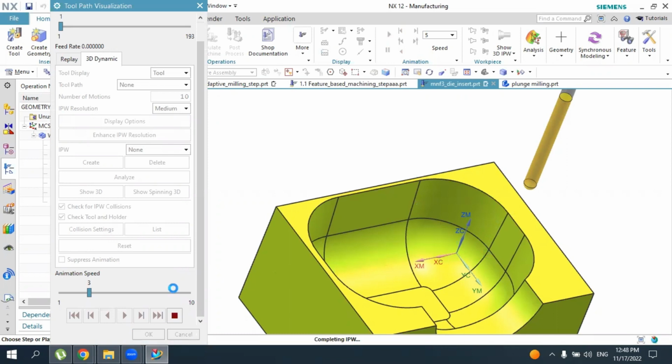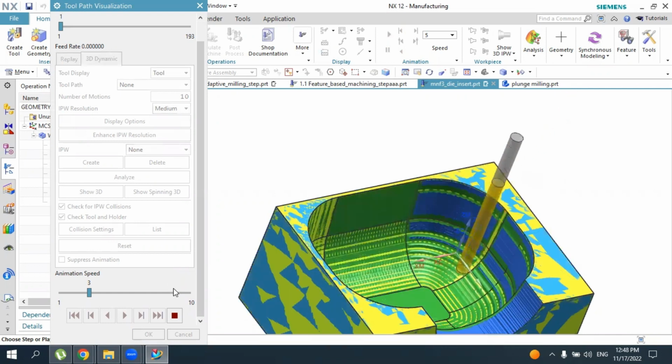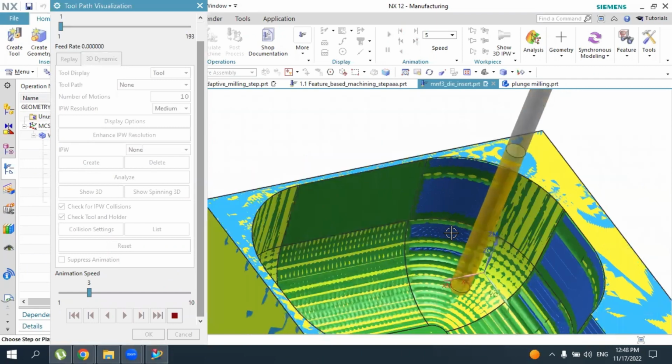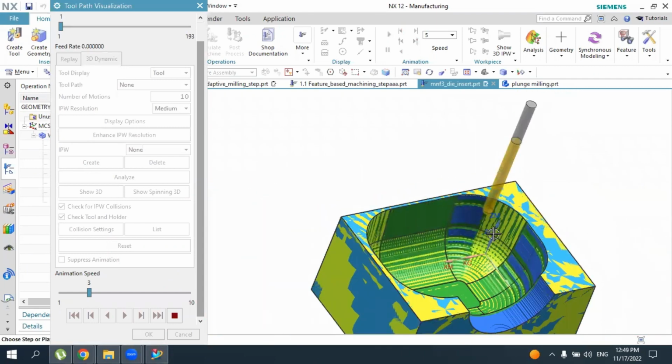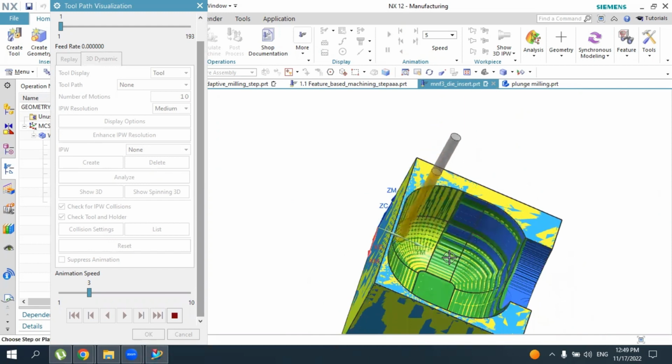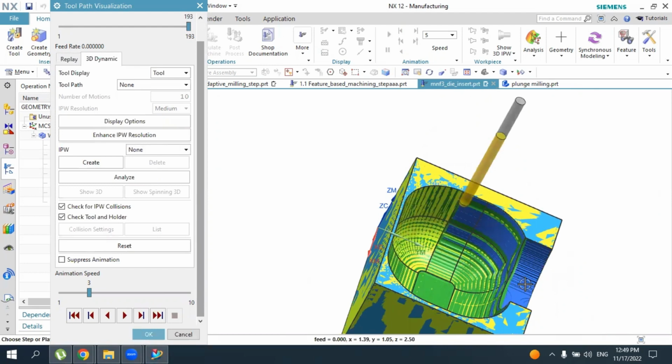So let me just verify the toolpath. Now step by step you can use the same operation to remove the material on this portion here,